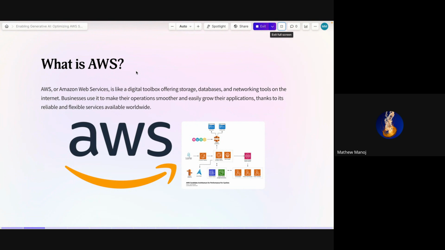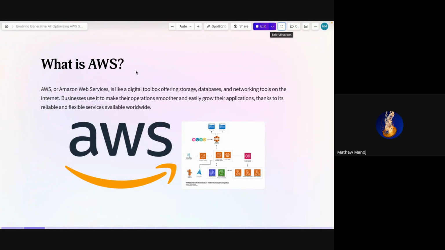So AWS is a cloud platforming service that provides you tools to make whatever your application is, and helps whoever it is make it in the easiest and most cost efficient way.